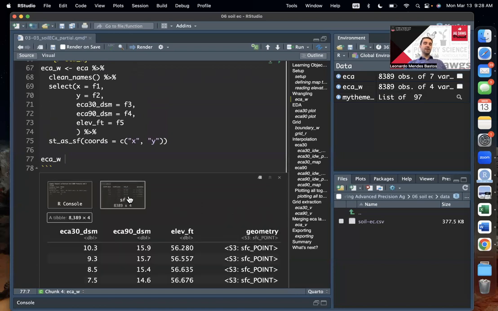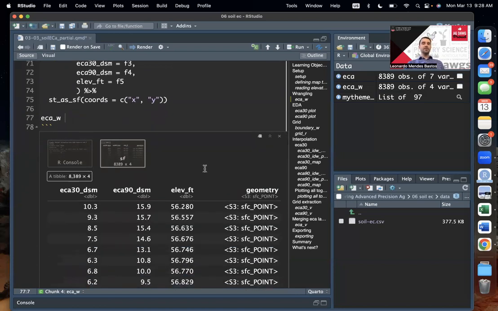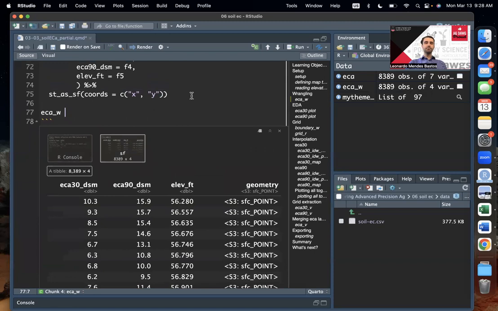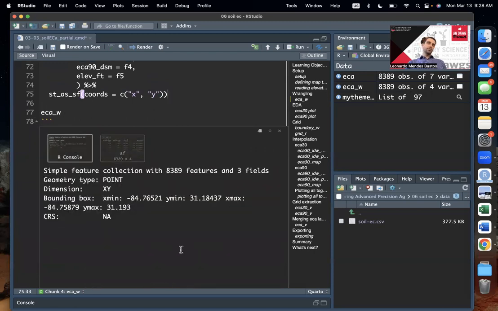And then the second panel that it prints is basically the same data as we had before, except that now the X and Y columns are not here because they've been recoded to a geometry column that now has a point for each one of the rows in this data set. Okay, so